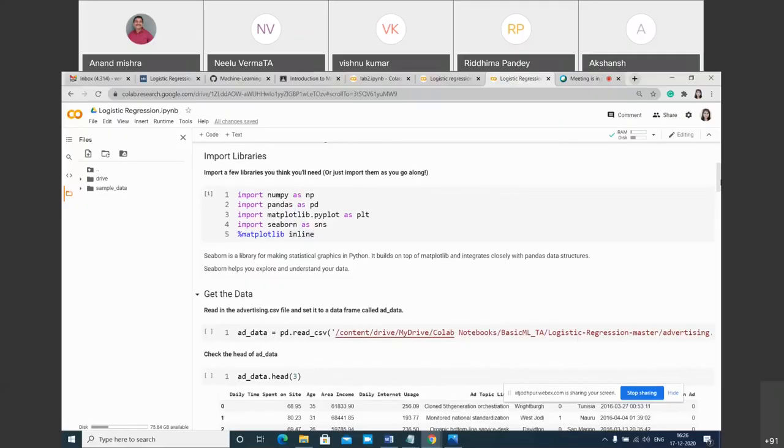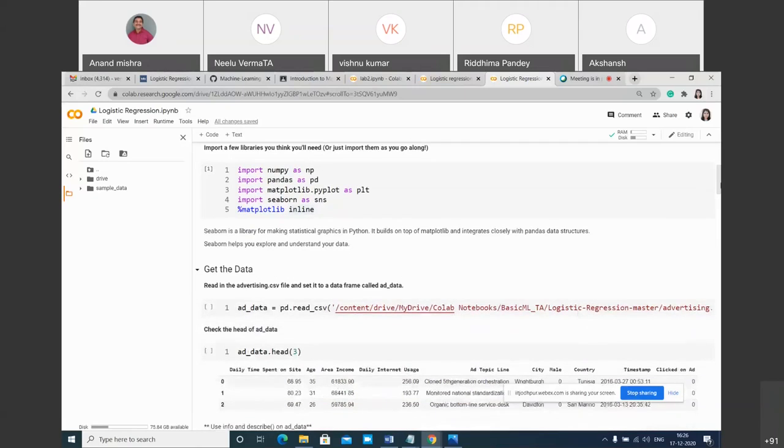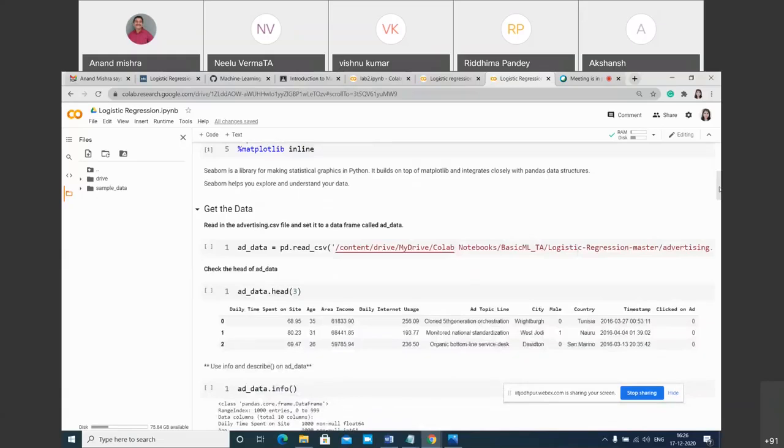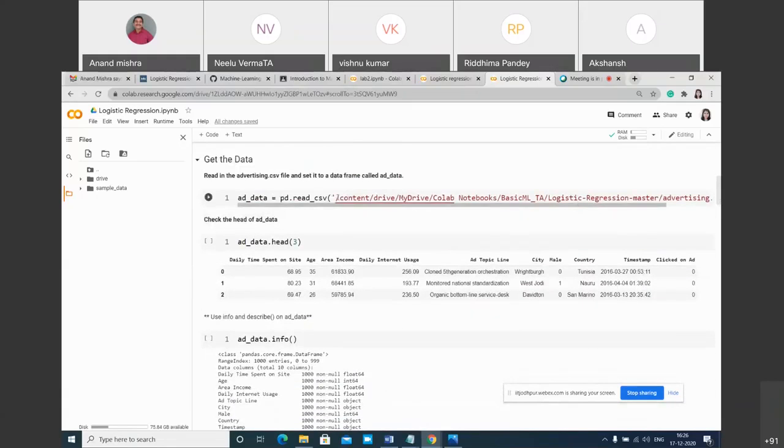For this, you need to import some libraries. You can import these libraries in the starting, or you can import them anywhere you want. But we prefer that whatever libraries you need, you import all of them in the starting. All right. So first we need to get data, because our data will be present in some form, like CSV form, text form, or JSON form. So the data set form may be anything, and there are different libraries to import different formats.